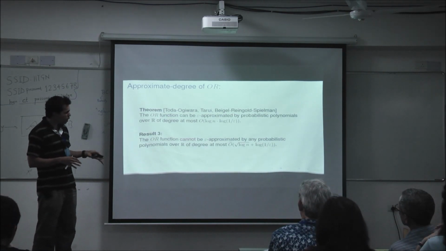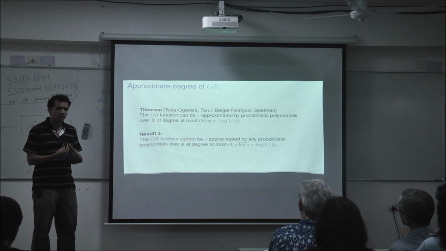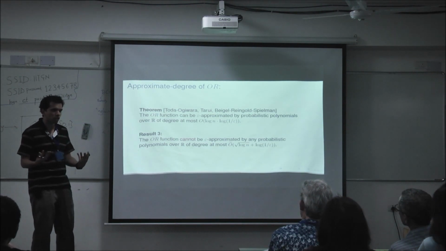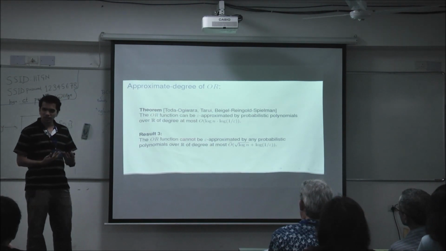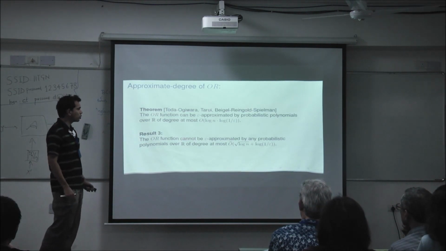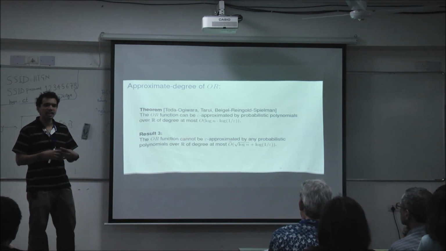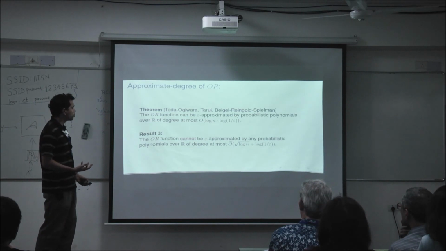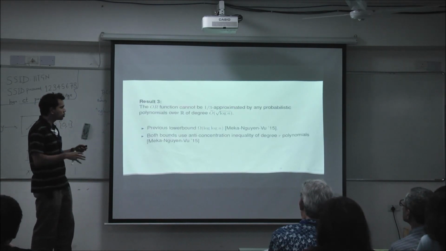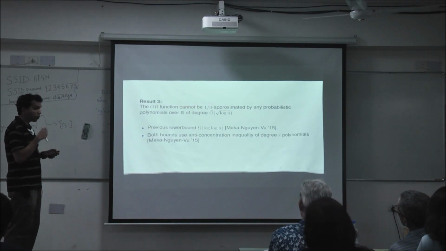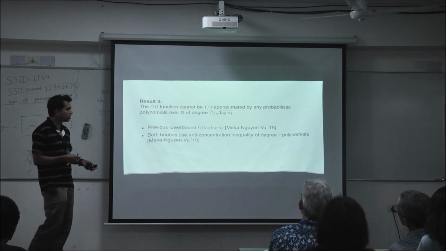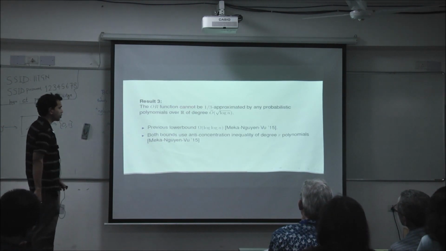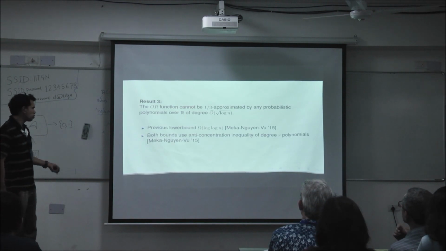So if you want to prove a result like this, you really have to use something that's intrinsic to the real numbers and does not hold over other fields. It's a statement that depends on you working over the reals. So that makes it interesting, and interesting technical challenges come up when you try to prove such statements. In particular, what we do is use anti-concentration inequalities that only hold over the reals and don't make sense over F2.